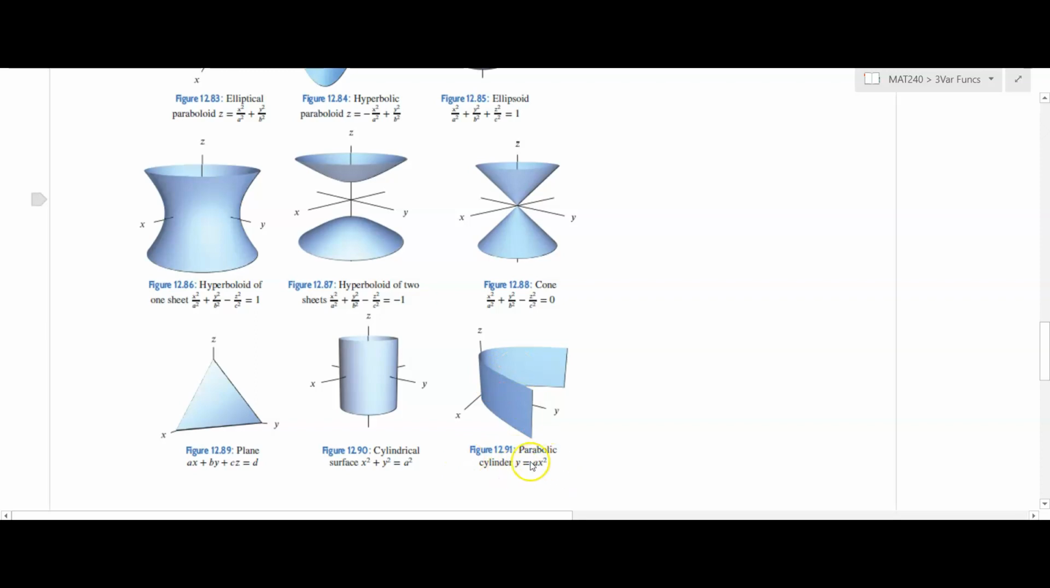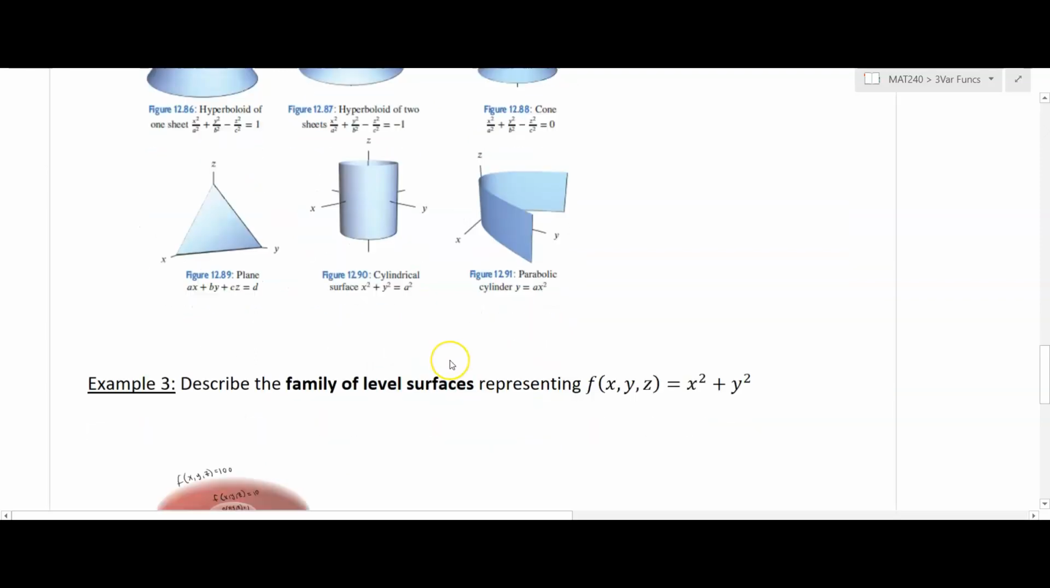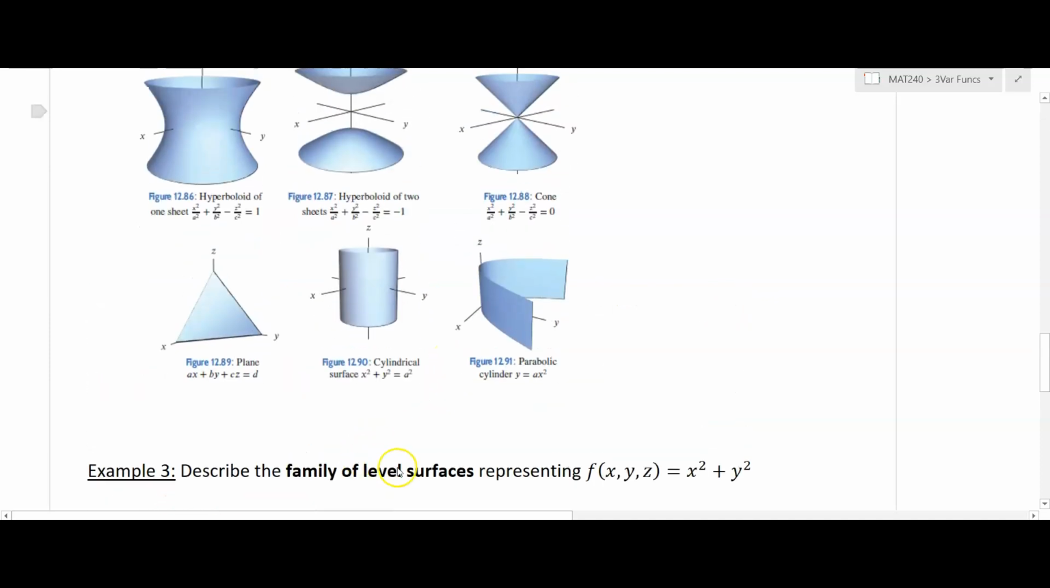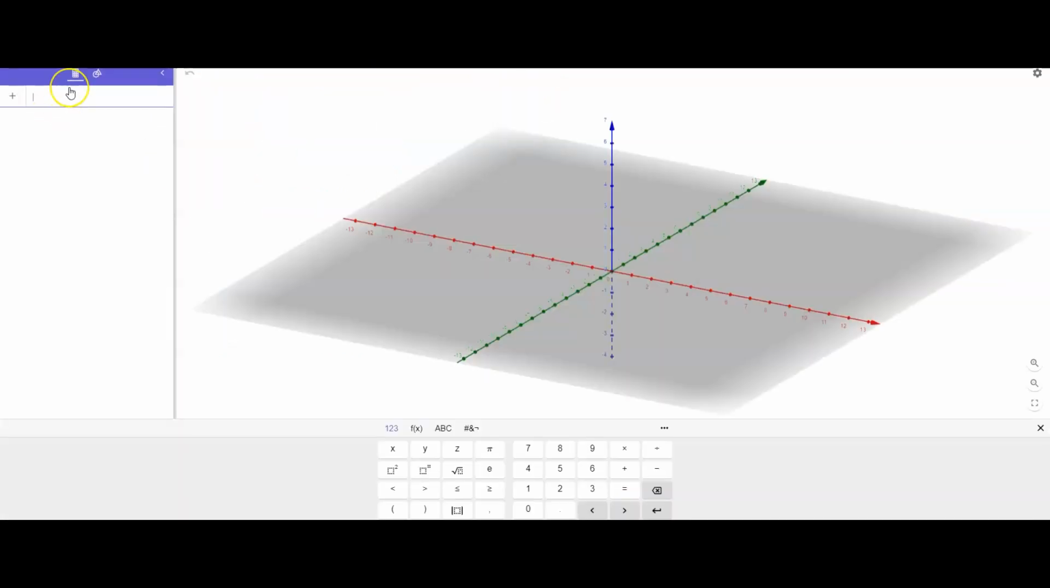here we're just missing the z value, so you have a bunch of parabolas that are exactly the same for all values of z. So let's take a look at the family of level surfaces representing f of x, y, z equals x squared plus y squared. We can begin by just taking a look at x squared plus y squared. Now, if we know that this is a three-dimensional function, but we're going to set it equal to some sort